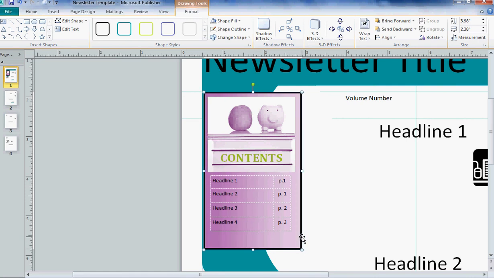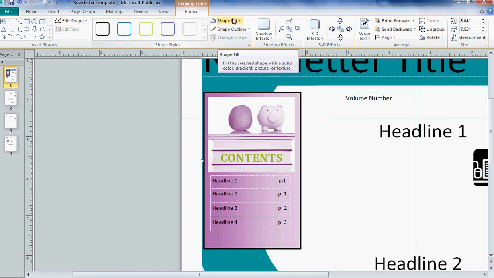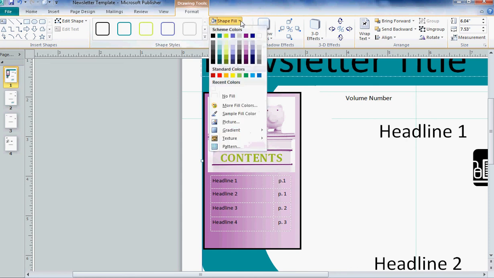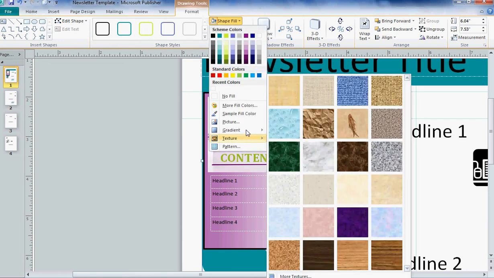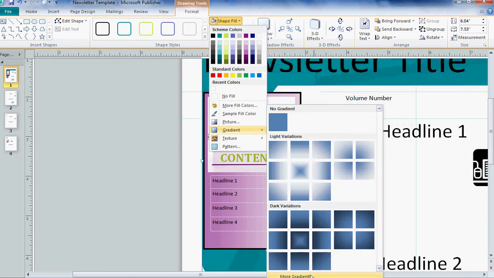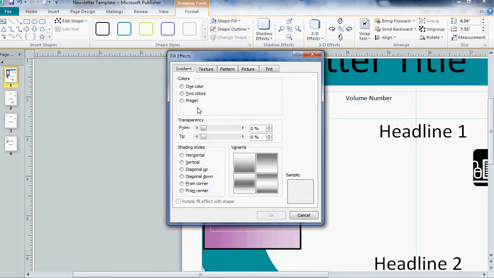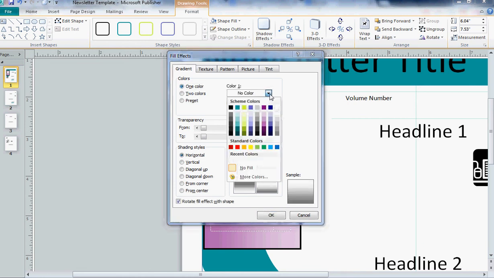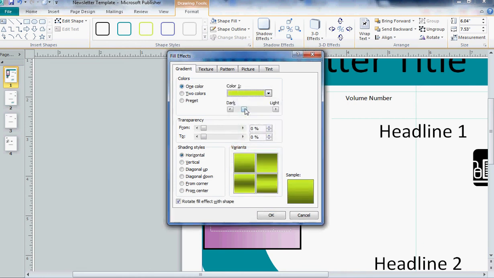I'm nudging my box over a tiny bit because I think I moved it. That looks better. I'm not sure about my purple fill. I'm going to go back to my shape fill, go back to gradient. The reason I'm not sure about my purple fill is because the picture is purple. I'm not sure I want to, maybe I'll go with this green, dark to light. Oh, it might be a little bit too